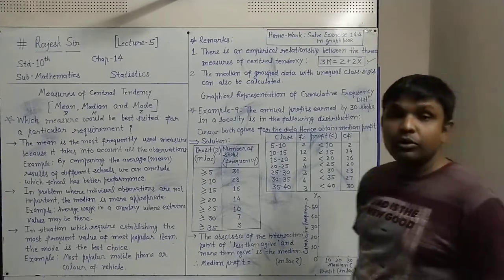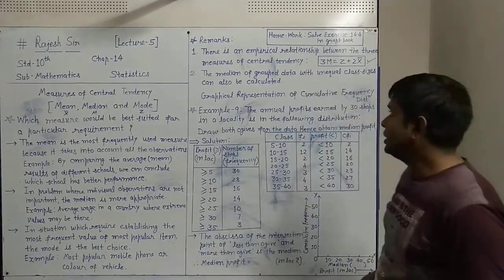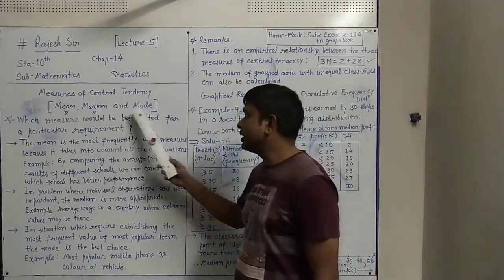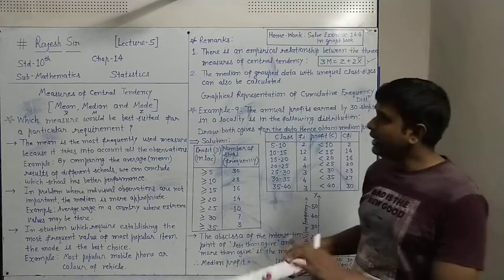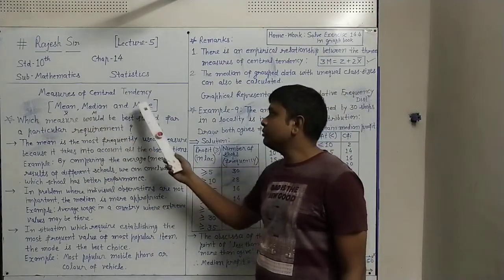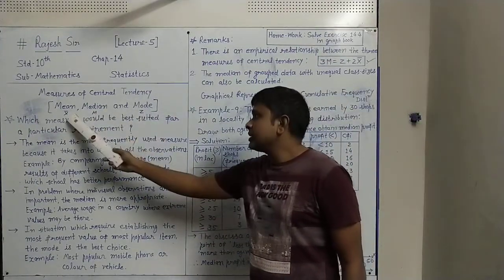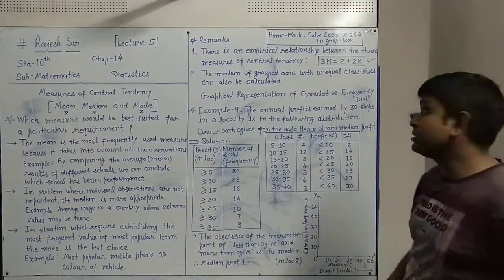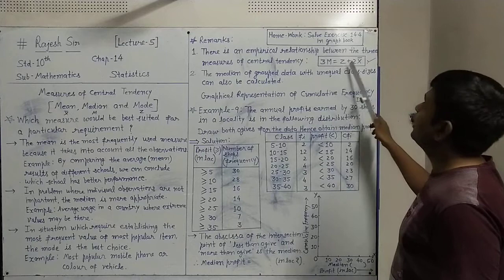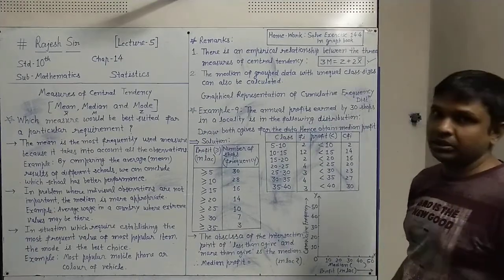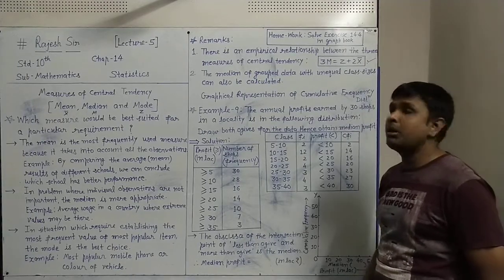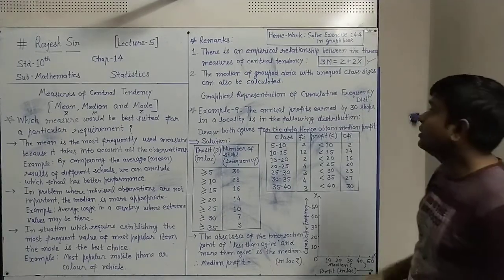In any 1 mark question, suppose two central tendencies are given, say median and mode are given and mean is asked, or mean and median are given and mode is asked, or mode and mean are given and median is asked. Any two central tendencies given and the third asked, we can use this formula and find out the third, which is not given. So this relationship is important to remember for 1 mark questions.